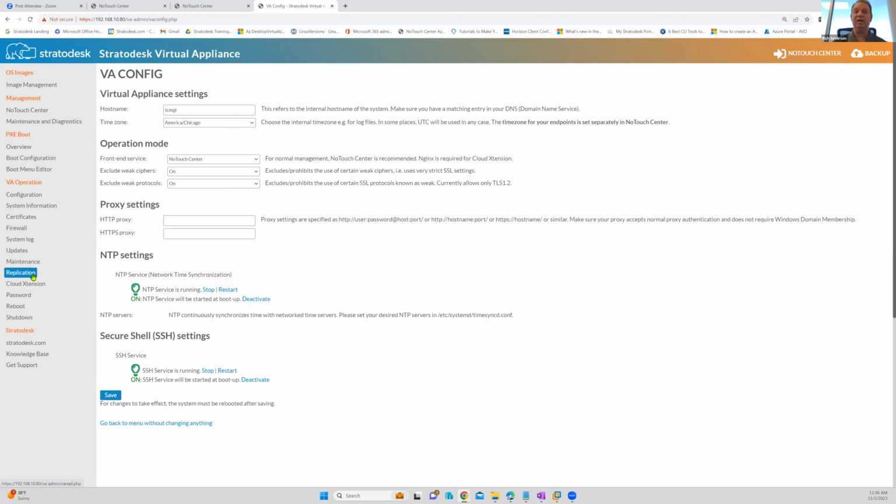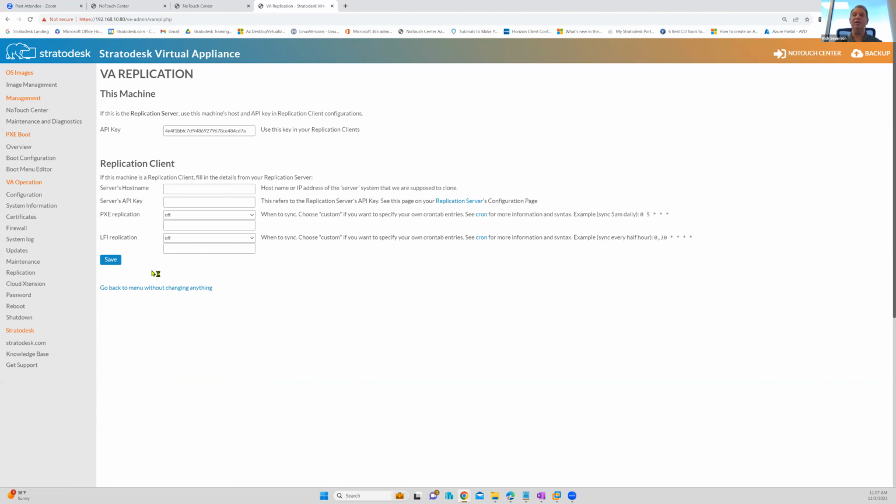all the way across the network every time I want to do an update on the OS? So what you can do is stand up another instance of the appliance over in office B, and you can turn off the front end service. So you're not going to use Notouch Center, and you can configure that as a replication server. That will allow you to replicate anything that's in the file store or the image management for Notouch Center out to that replica virtual appliance,